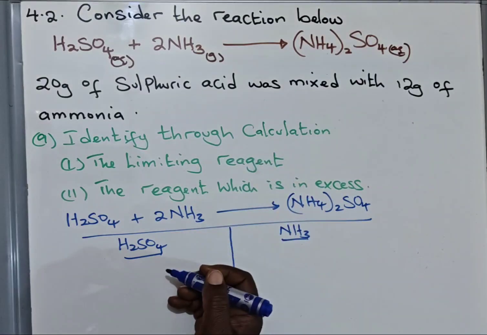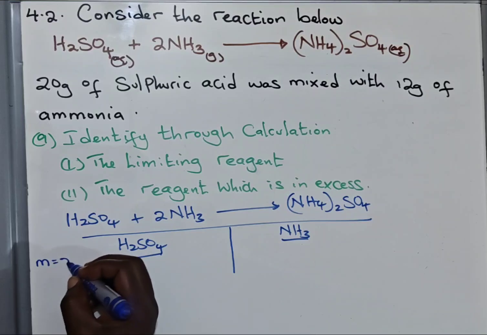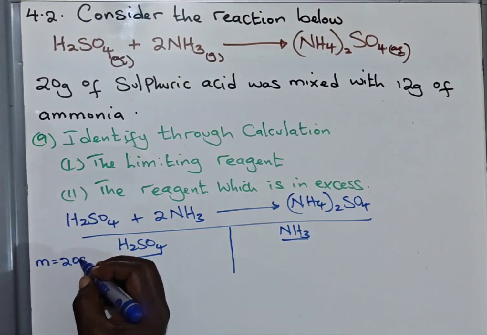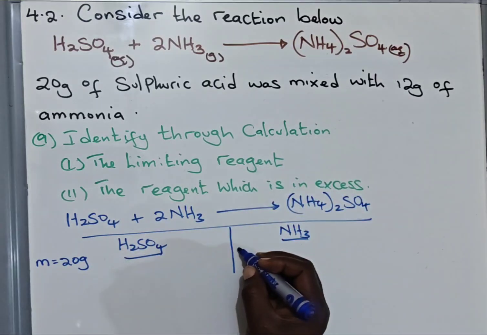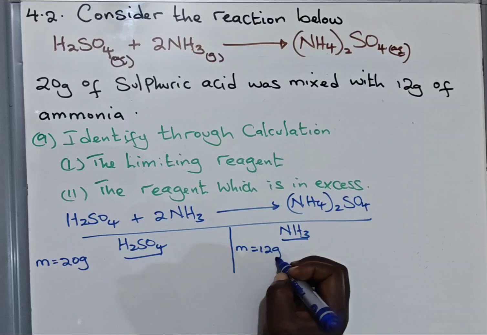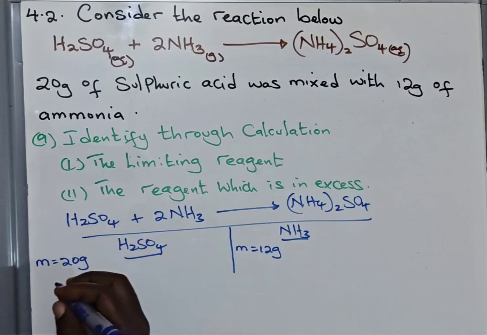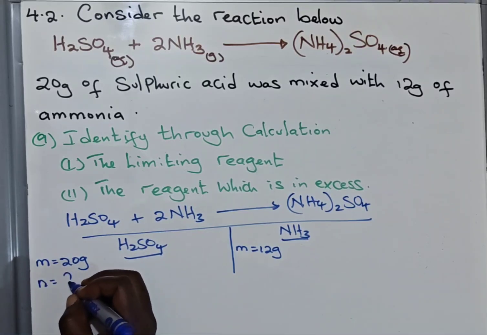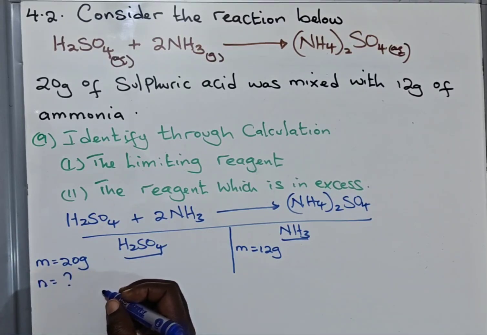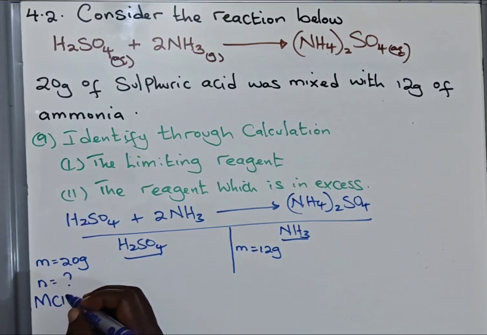For sulfuric acid, we know the mass. The mass is 20 grams. Meanwhile, for ammonia, we know the mass, and the mass is 12 grams. Next step is to find the number of moles. So we are going to look for moles. To get moles, when you have mass, you need molar mass. So we need the molar mass of sulfuric acid,